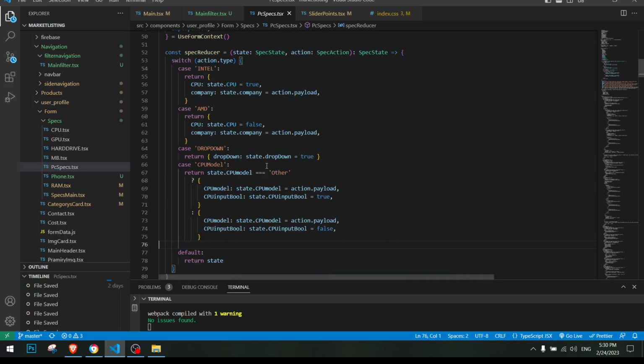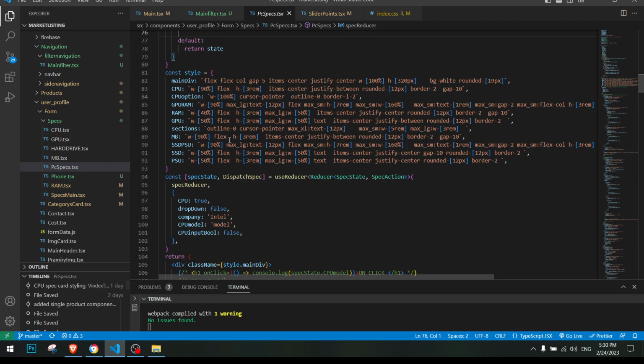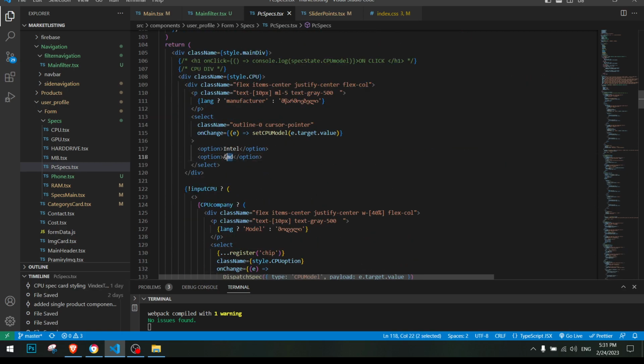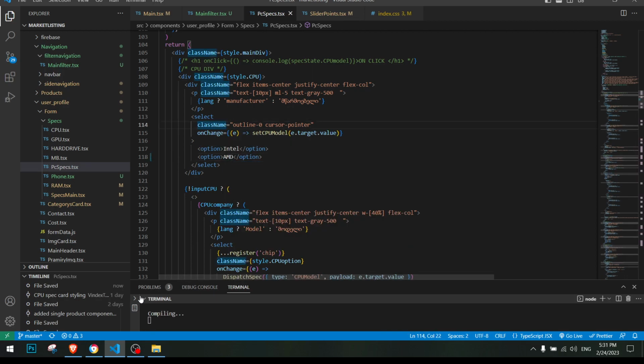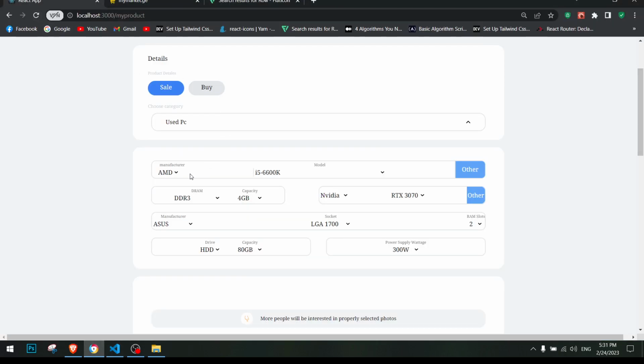And now here, see this? This should be AMD, not EMD. First compiling will take some time. Okay. Now